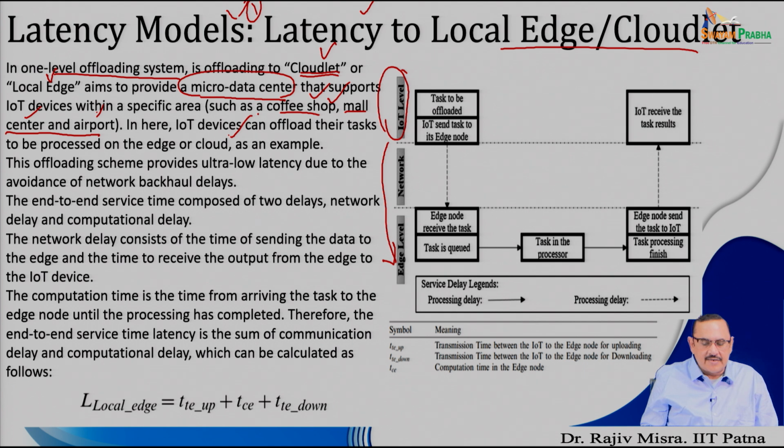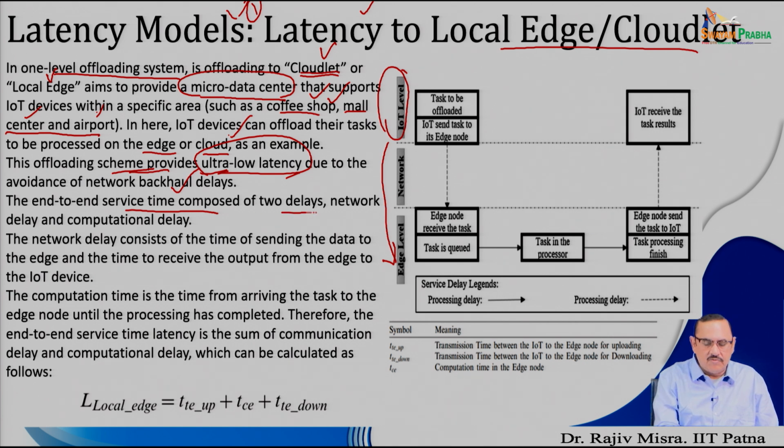So, here the IoT device can offload its task to be processed on the edge or on the cloud, as an example. This offloading scheme provides ultra low latency. Why? Because here the cloud is not involved, and it is a micro data center which is very close to the IoT device. So, if this model is effective in providing the resources to the IoT application, then it will achieve ultra low latency due to the avoidance of network long haul delays. The end to end service time in this particular model, that is the latency to the local edge or a cloudlet,